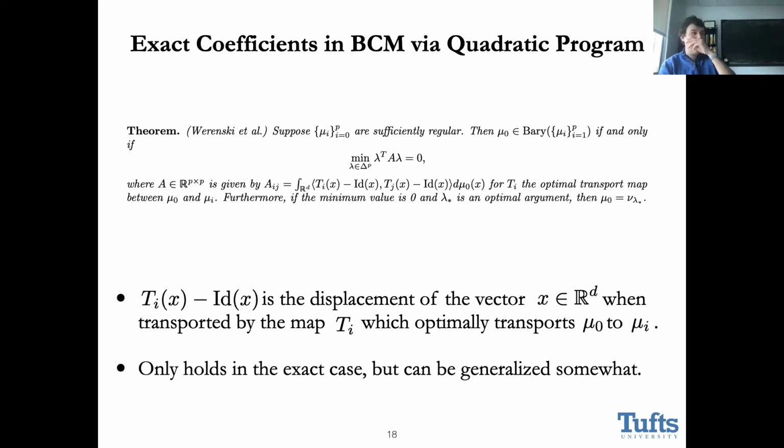And then another good thing is at least we're going to have some efficient computational methods for getting the optimal transport maps, albeit they may be not so good statistically. The other maybe downside is that this works in the case when mu naught is exactly in the barycentric span, so when there are exactly some coefficients, but it doesn't work in general, right? Solving this quadratic program in the case when mu naught isn't in the barycentric span, so you're going to get something other than 0 here, in general, as far as we know, doesn't have anything to do with the optimal coefficients for projection, except in a few special cases where it does give you the optimal coefficients. And I'll say a little bit about that.